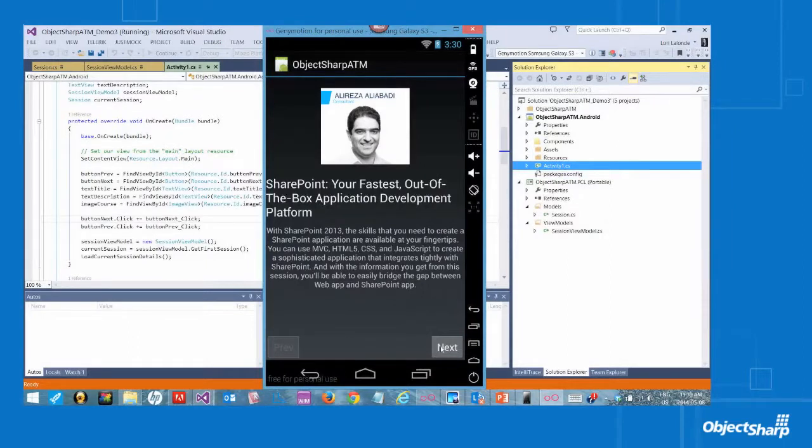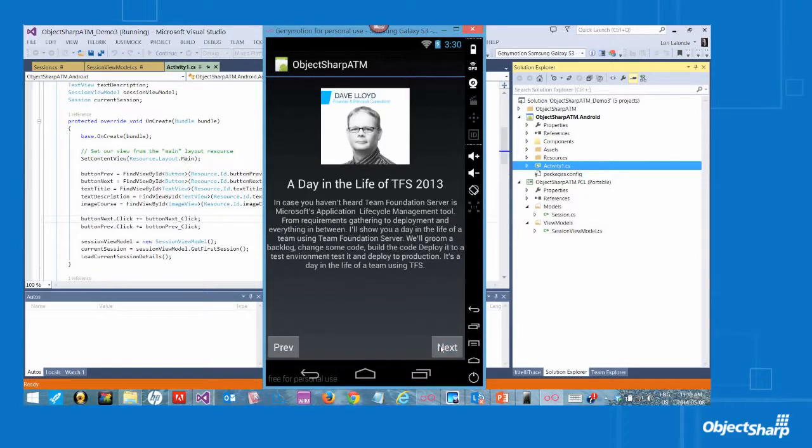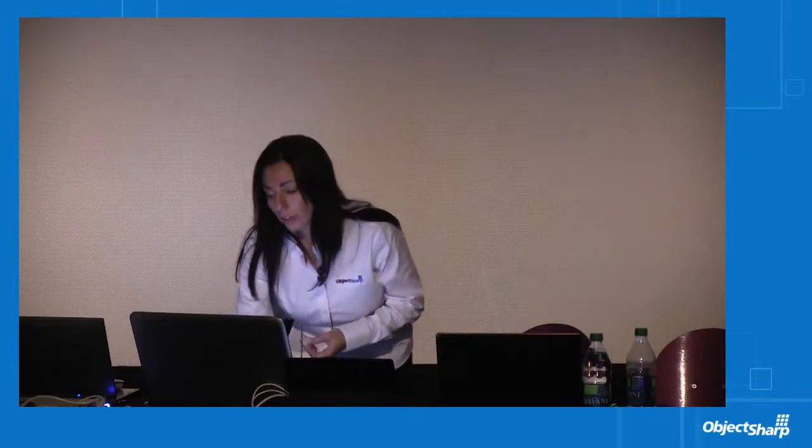So quickly, this is what my Android app looks like. Different look and feel than the other platforms that I showed you. And I'm just navigating through the code. The navigation is being handled just by GetNext and GetPrevious methods in my view model. So that business logic is still contained in there. And even though my Android app is the only one that's using it, I may develop an iOS app that might deliver the content in the same way. So I want to still keep that code reusable as much as possible. So that's how that looks. And with that,